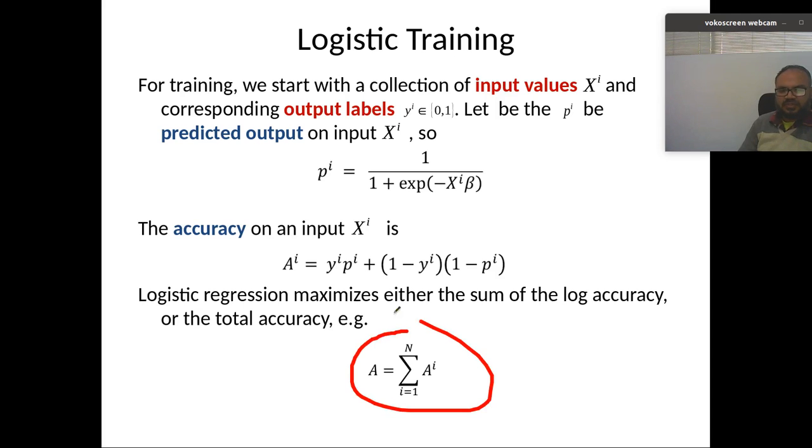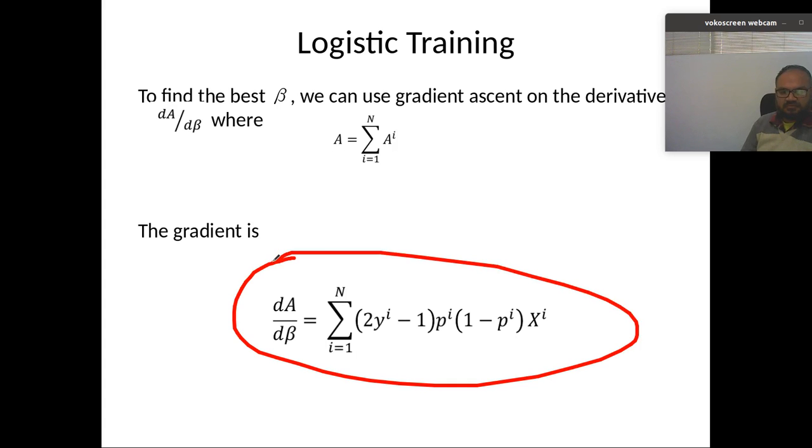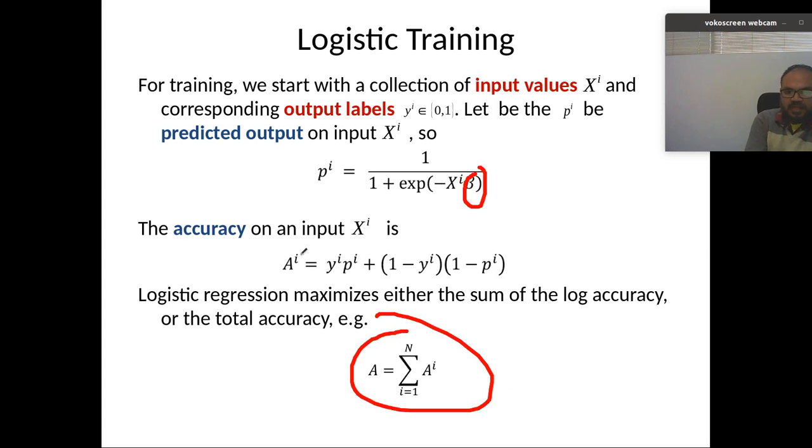So this is our sum of accuracy. So the logistic regression during training would try to adjust this value beta so as to maximize this sum of accuracy, or sum of log of accuracy. To find the best beta, we can use gradient descent on the derivative of this a. So if we calculate this gradient, this is our gradient now, by putting the values of ai from here,